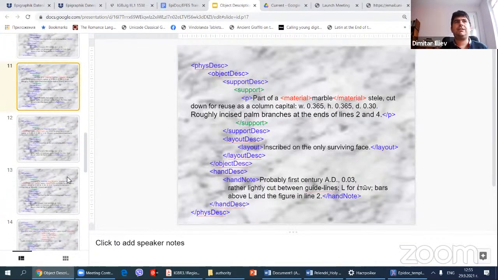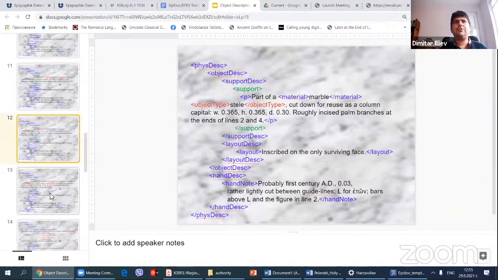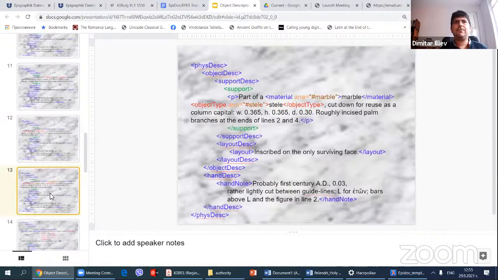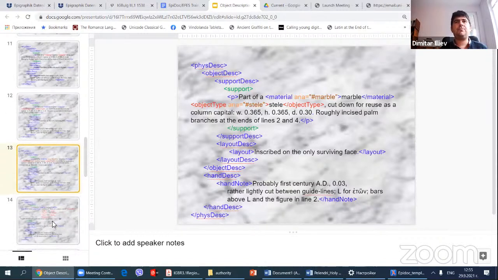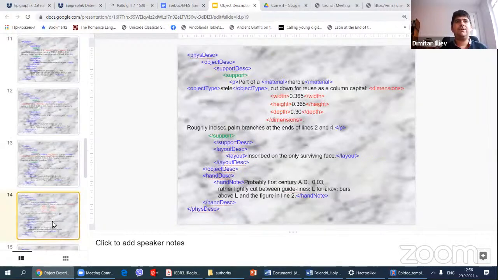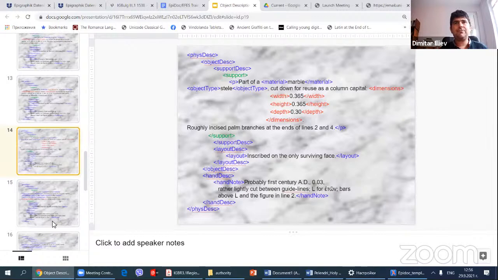Here you can indicate the material. Here you can indicate the object type. And you can also refer to some standardized vocabulary with which you designate the material and the object type, the dimensions,